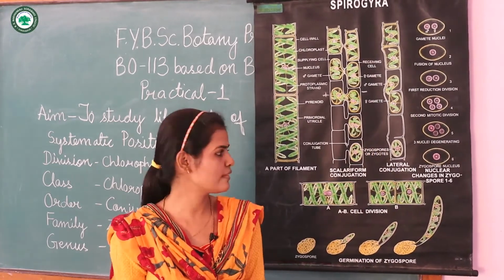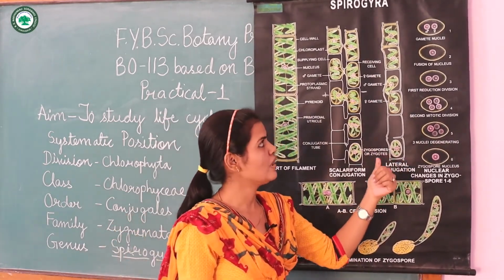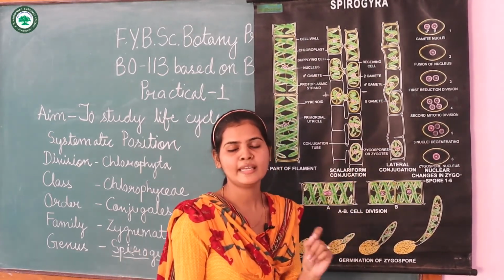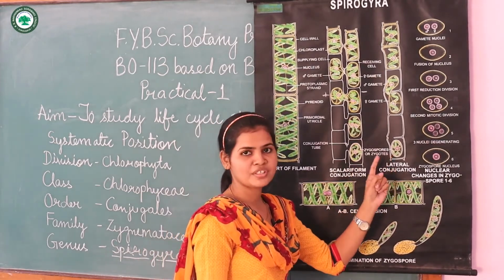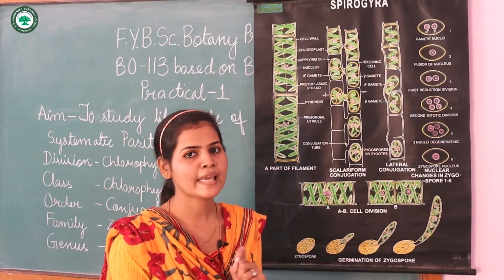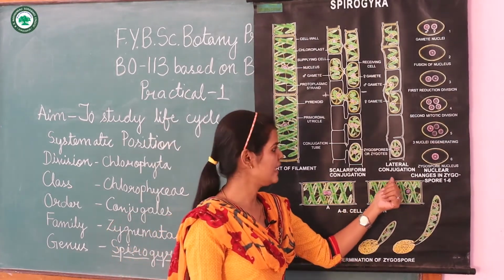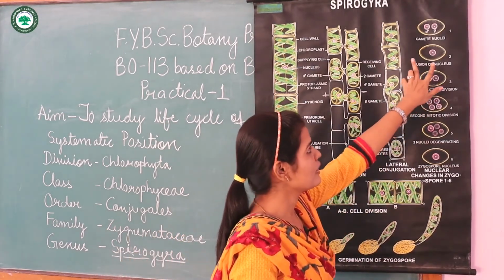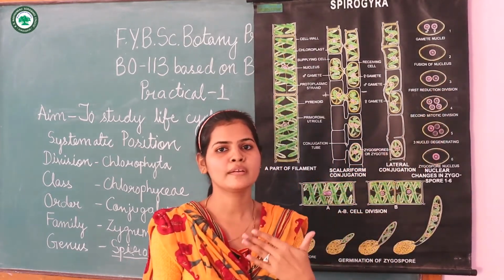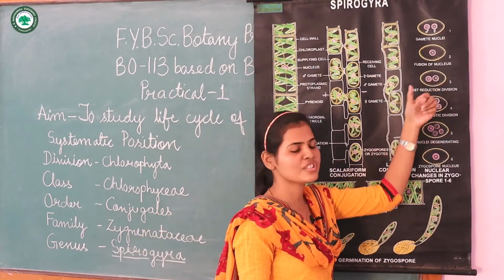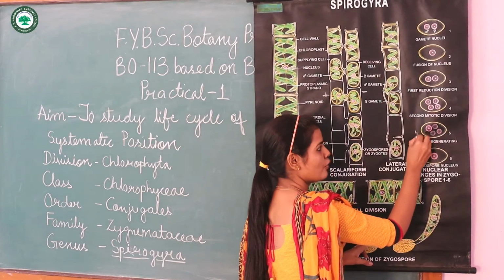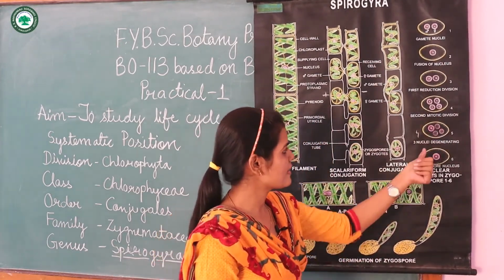So till here, in these two types of conjugation, there is a difference. Now after the zygospore stage, what will happen? Each filament is haploid, that is N. After this conjugation, it will become 2N, that is diploid. So the zygote is the only stage in case of Spirogyra which is diploid. Now after that there will be fusion of the nuclei. Then there will be reductional division, due to which 4 nuclei will be formed in this cell.